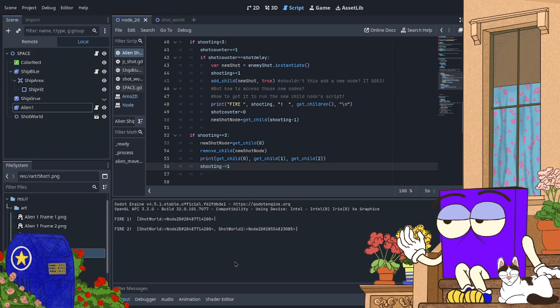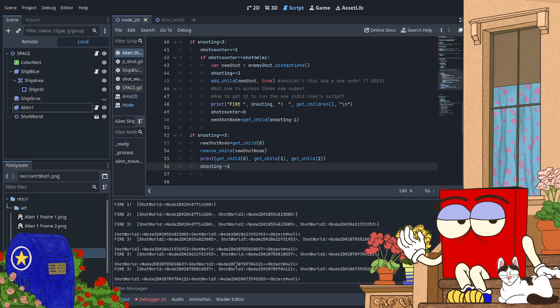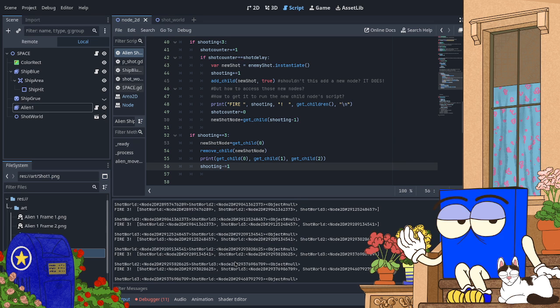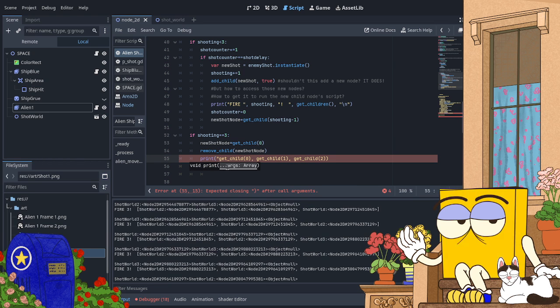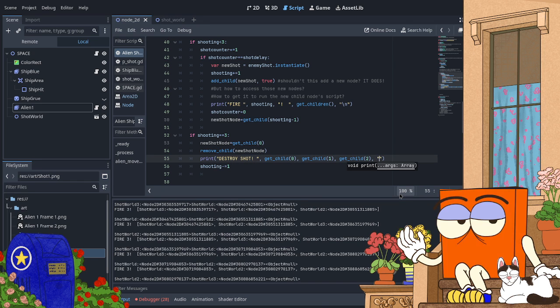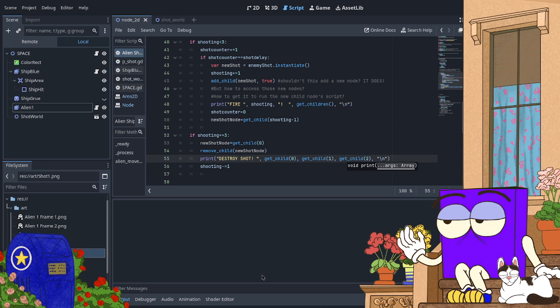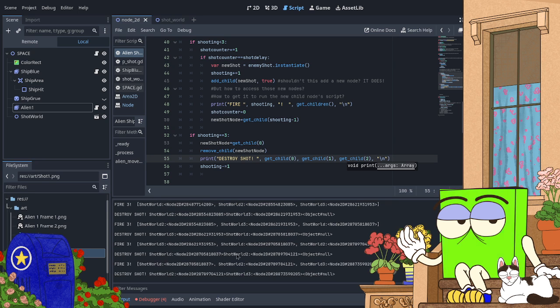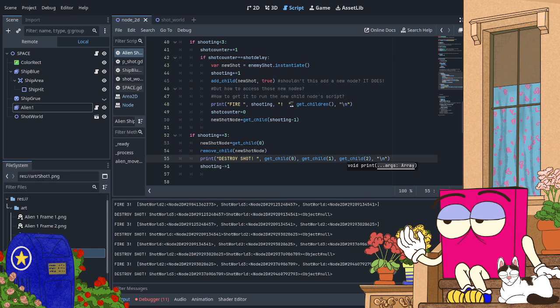1, 2, 3, 3, 3. Yeah, they keep renaming themselves. Should put spaces between those, like I have here.